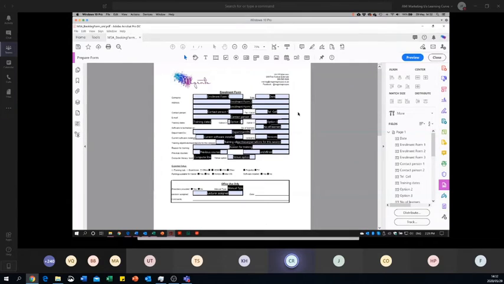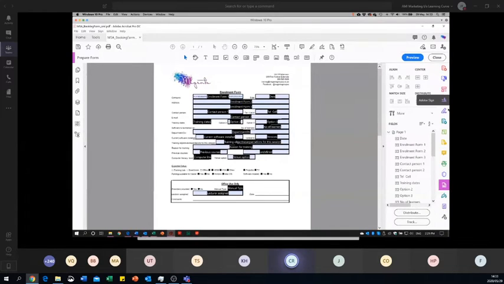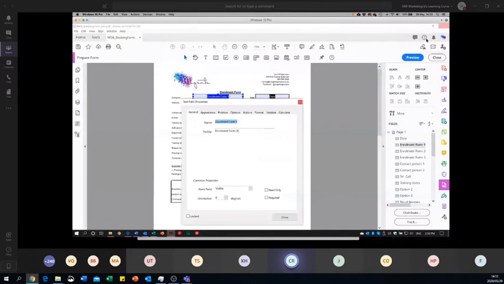Right, so we've got most of the form fields. I'm going to show you some things to change now. If I preview the form and I go and put in here ABC University, and I carry on typing, can you see that the text is getting smaller and smaller and smaller, right? If you go to Tools, you can always clear your form over here. If I double click on a form field,